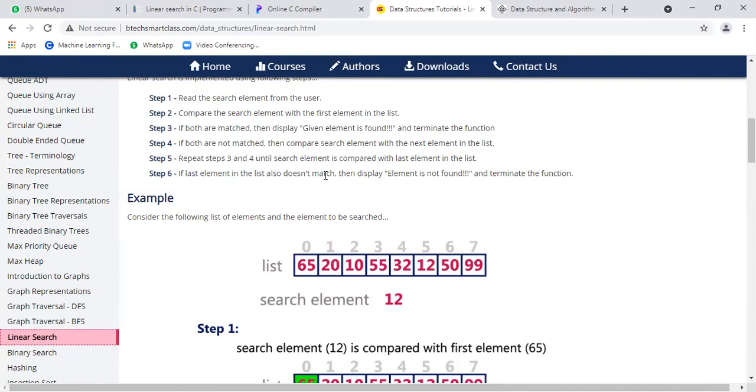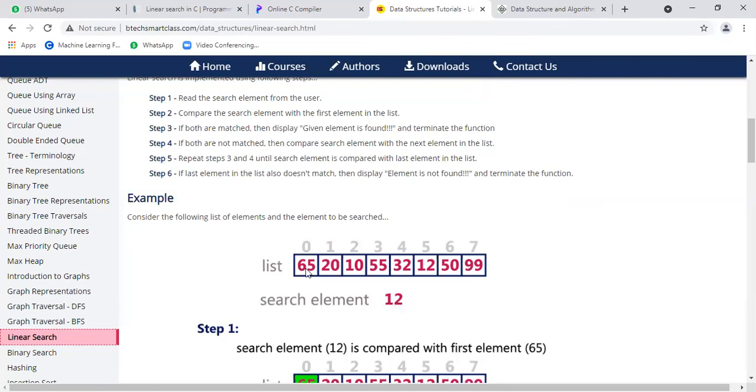If the last element in the list also does not match, then display element is not found and terminate the function. This is the fashion of linear search. Linear search will compare every element in the list with the search element or the key element.